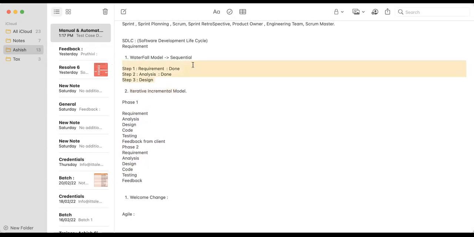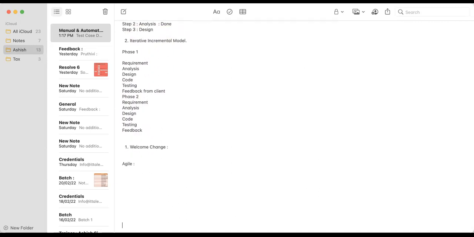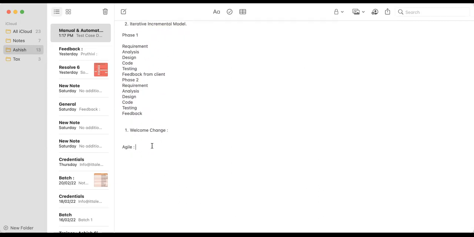In the waterfall, we go sequentially. Once a step is frozen, then we go to the next step. Here we work in parallel. Now come to what is Agile. Agile is basically a software development